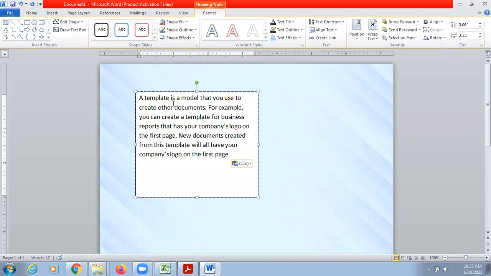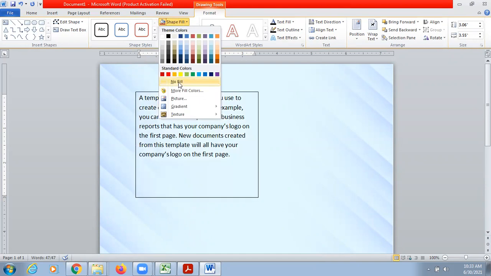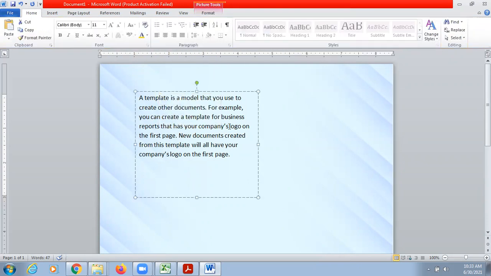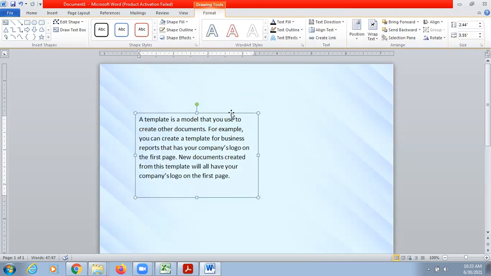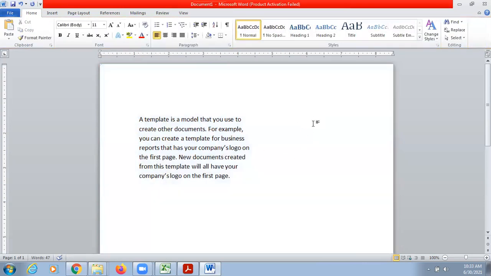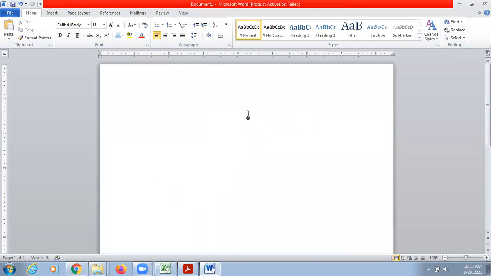Right now, if I'm placing a text box, the text box is coming in white color, and I don't want to display it with white color, because obviously the background is getting distracted. So you can go to the format tab, choose shape fill as no fill, and shape outline as no outline. So now your text will appear like this. Right now I'm going to delete this background, and I'll show you how to adjust the text with the picture.